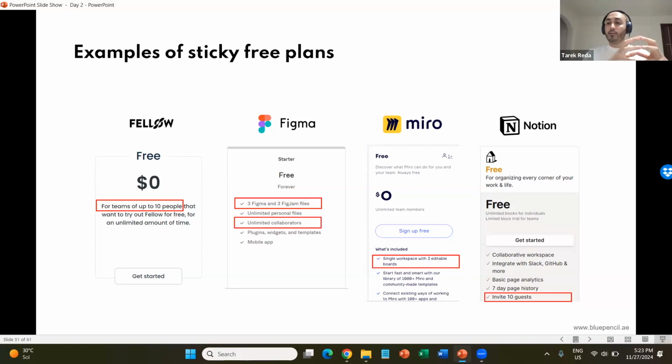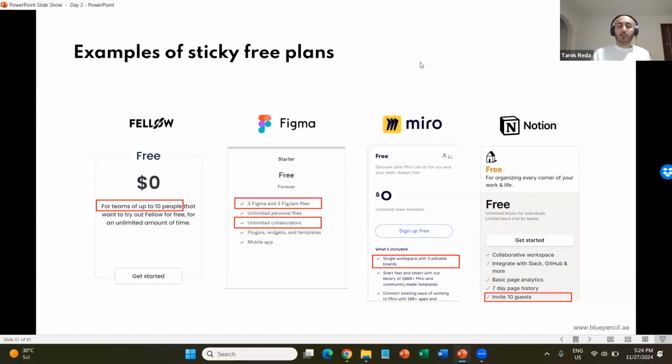So now you have this marketing team inside Fellow who are literally your champions inside the company. They will probably be doing the selling on your behalf to some extent, right? Obviously not exactly that, but if you're able to get Fellow into their daily routine, then they'll be tempted to want the other departments to start using Fellow too. That's the sweet spot that you're trying to find here: what features to make available on the